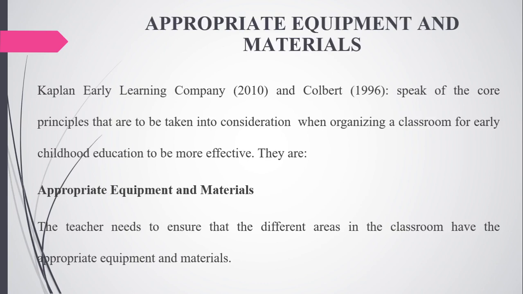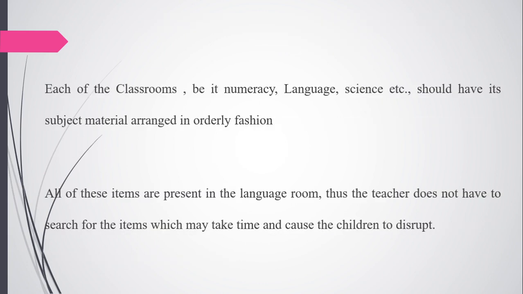So let's look at appropriate equipment and materials. Kaplan Early Learning Company 2010 and Colbert 1996 speak of the core principles to be taken into consideration when organizing a classroom for early childhood education to be more effective. The first is appropriate equipment and materials. The teacher needs to ensure that the different areas in the classroom have the appropriate equipment and materials. Each area, be it numeracy, language, or science, should have its subject material arranged in an orderly fashion. So all of these items are present in the language area. Thus the teacher does not have to search for the items,